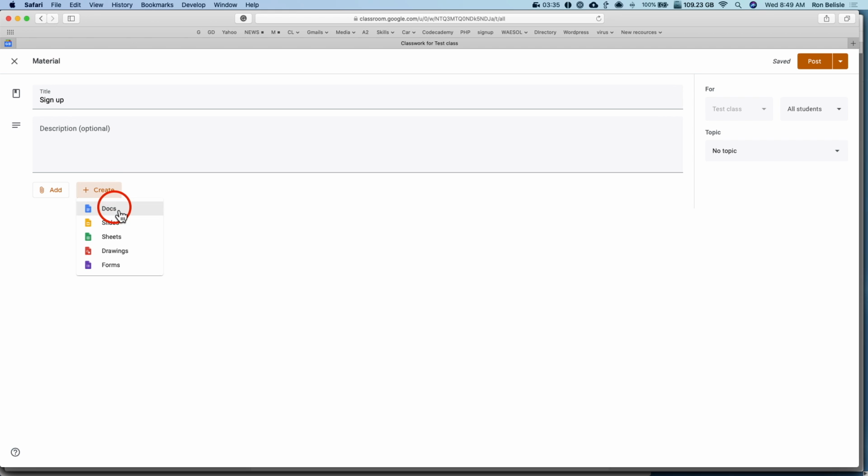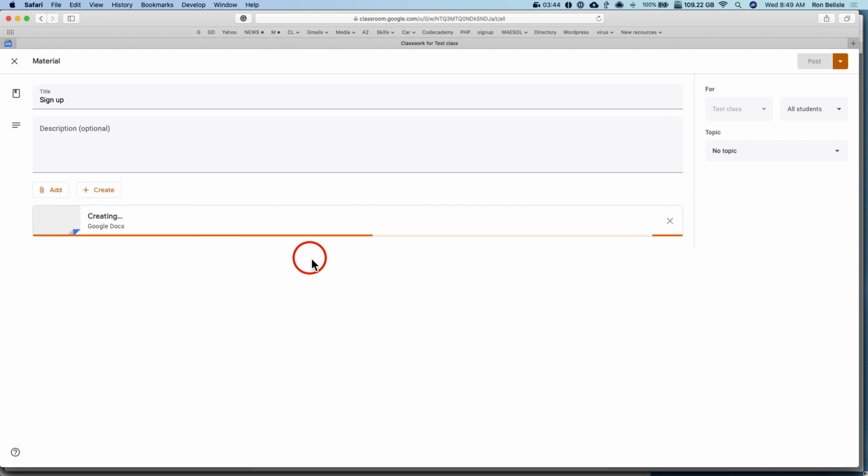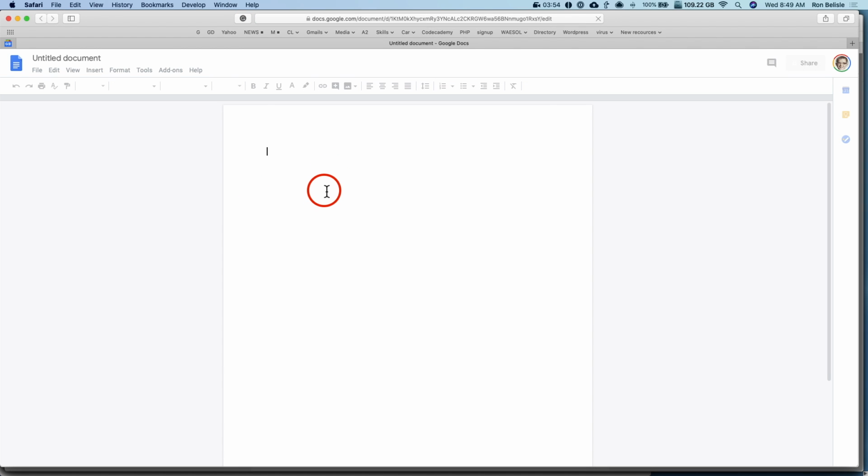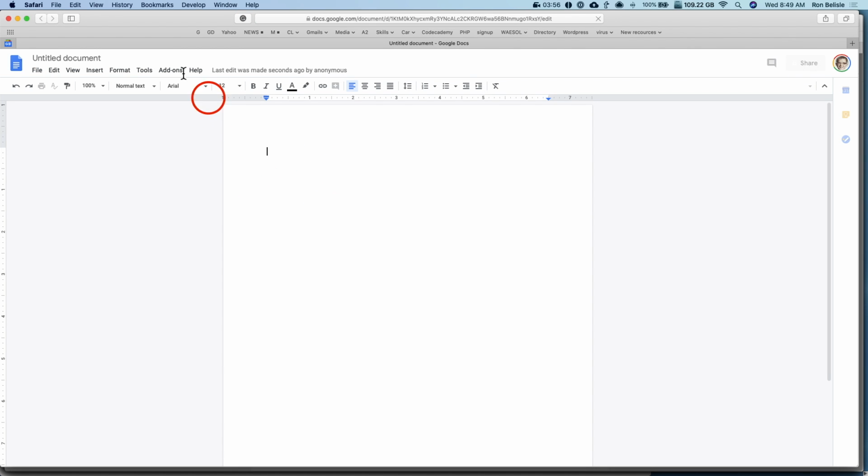But within the Google Docs itself, there are sharing features. So let's just take a look at that. We're going to create a brand new one. And I'm going to go into it and just say something like sign up here,